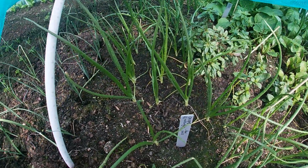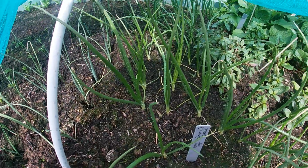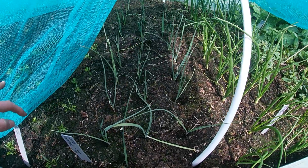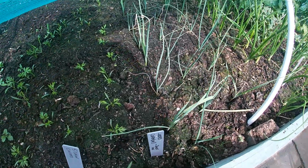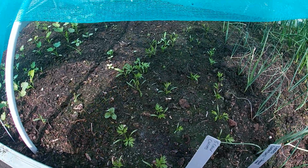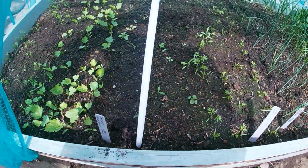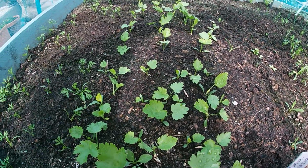So these are white onions, these are Rheinsberger, I think I've said that correctly. And next to it we've got some Caratina leeks, still small but they should come on now. In here we've got a row of 5 colour carrots, germinated quite nicely. And then next door, this is quite interesting, I sowed a row of parsnips,